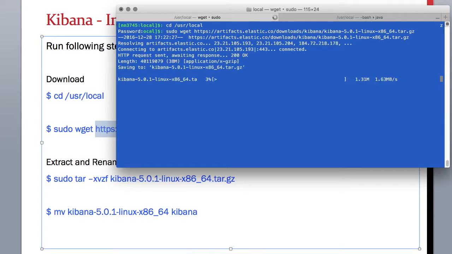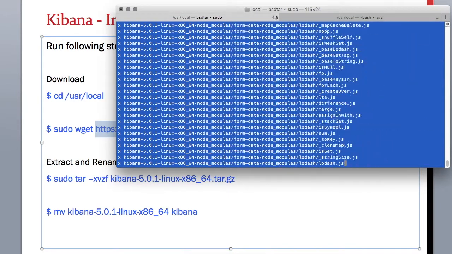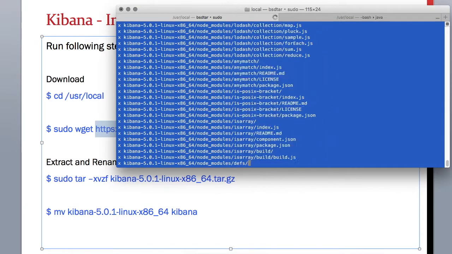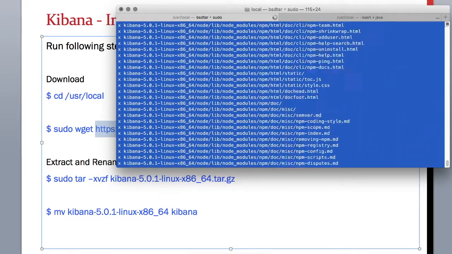All right, so now it's downloading this tool on my machine. Okay. All right, so next we need to untar this as it's a tar file. Okay. Now once you have this file extracted, you can rename it to something simple as Kibana, and then like we